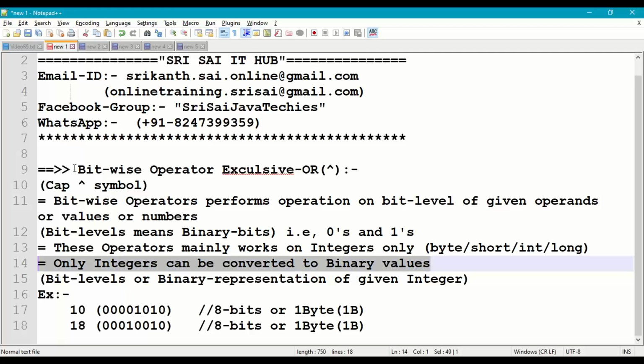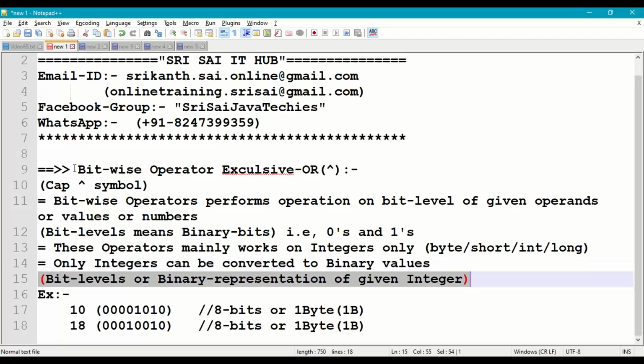Only integers can be converted into binary values. Binary representation of integer values, or bit level representation, is done like this.